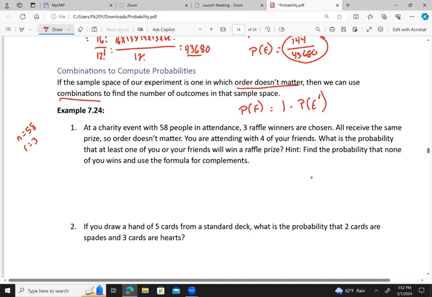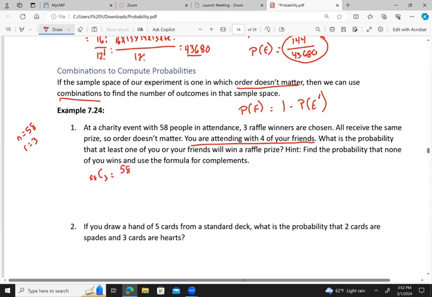We want to know what is the probability that one of my group of 5, myself and 4 friends, wins. So it suggests finding the probability that none win. So that means to find out the total number of possible groups of winners, we have 58 C 3,